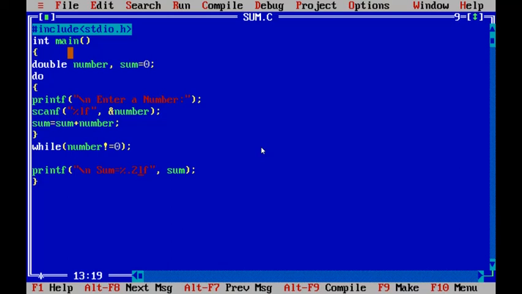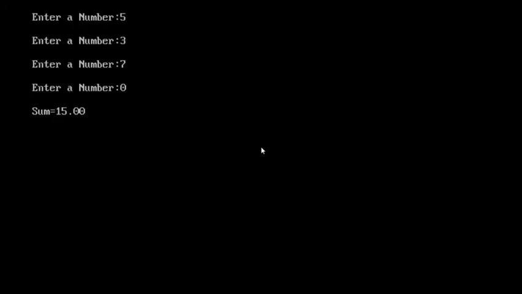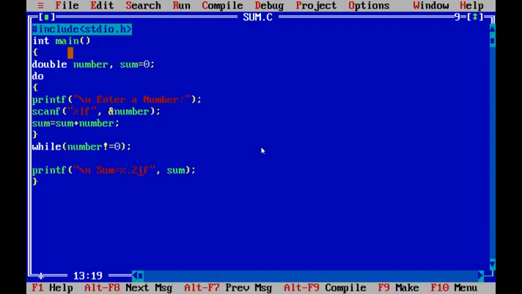The .2 after the precision point prints 2 digits. In the output, 15 point, after the decimal point it is displaying 2 digits. To display 2 digits after the decimal point, we use the format specifier %.2f in the control string.